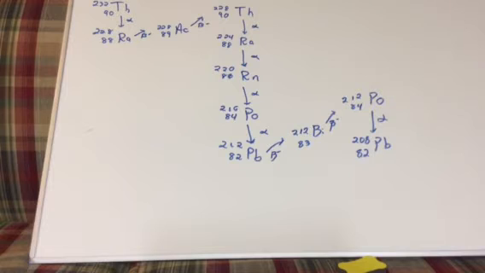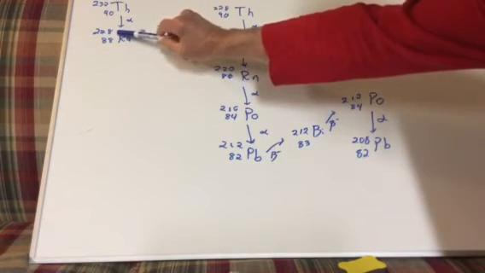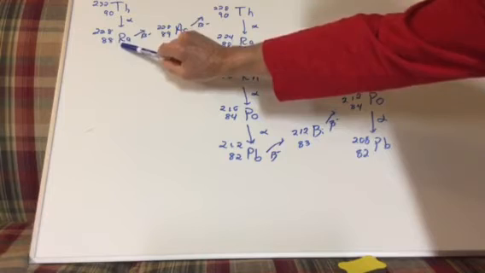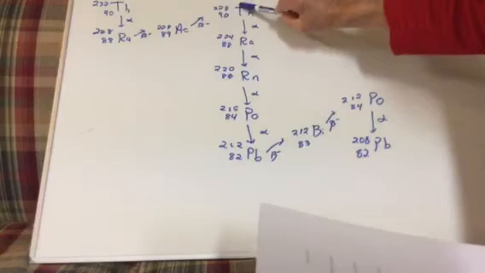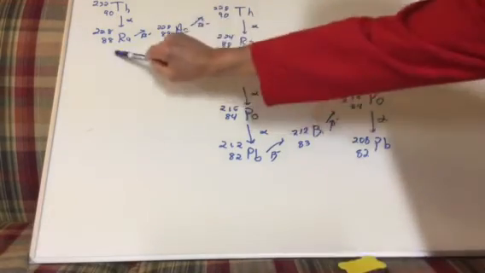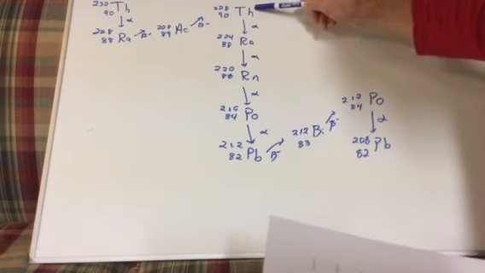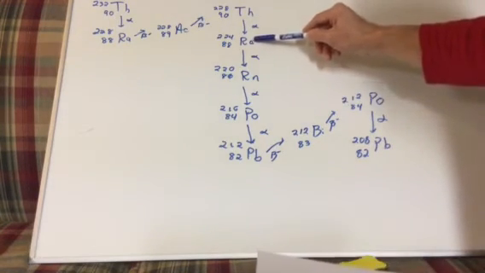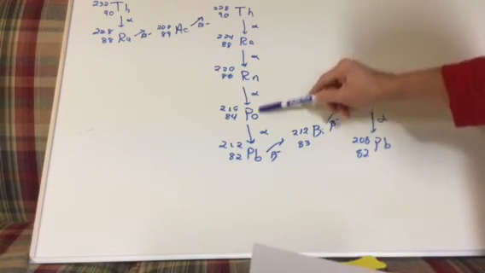Now we can monitor the times for all these. We haven't really got into half-life with you, but I found this table, so let me share this with you. As thorium goes down to radium, it's 1.4 times 10 to the 10th years. Radium to actinium is 6.1 hours. Actinium to thorium is 5.7 years. Thorium takes 1.9 years to get to radium again, and then it takes 3.6 days to go to radon, 55 seconds to go to polonium,